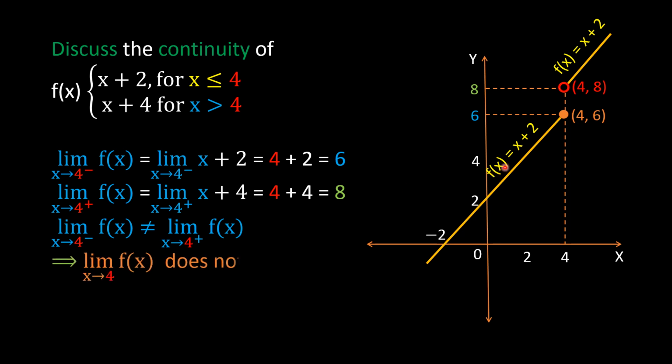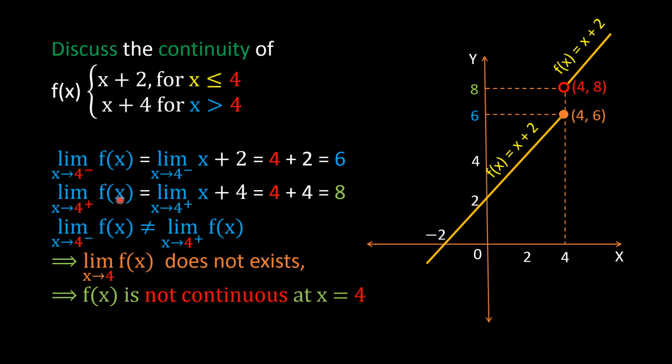And the graph will be like this: f of x equals x plus 2. Now the right hand limit will be the limit of x plus 4 as x approaches 4 positive, which will be 4 plus 4, which will be 8. But since x is greater than 4,